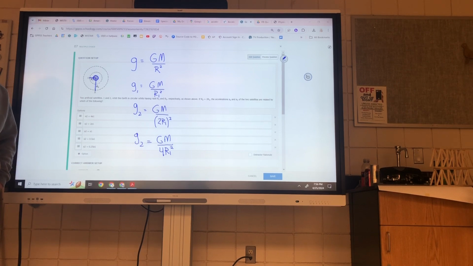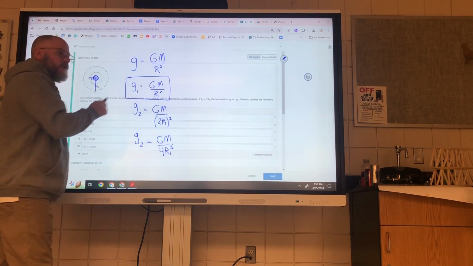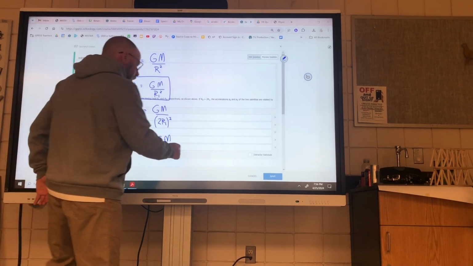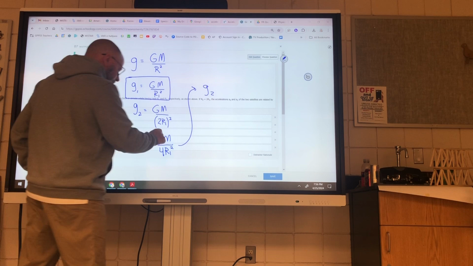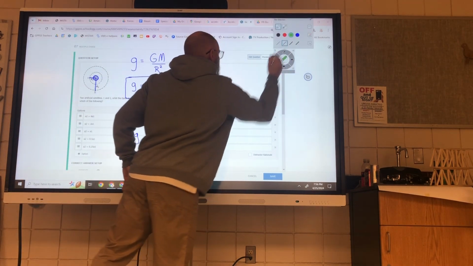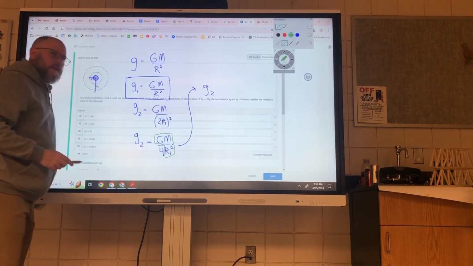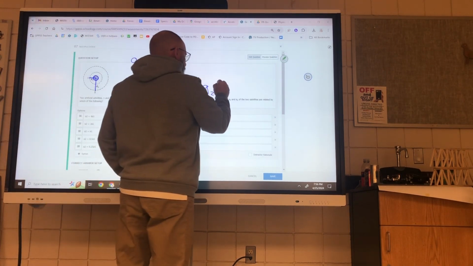Is that cool? Now, this is the part that I want you to notice because it's not obvious what I'm going to do here. It'll be obvious once you see me do it, but it's not obvious to know what to do. Do you see I have a value for g1 right here? It's GM over R1 squared. Do you see that here? So what I then do is I say, well, what is g2 then? Well, you'll notice I have GM, you see it right there? Do you see how that's g1? So basically what I have then is